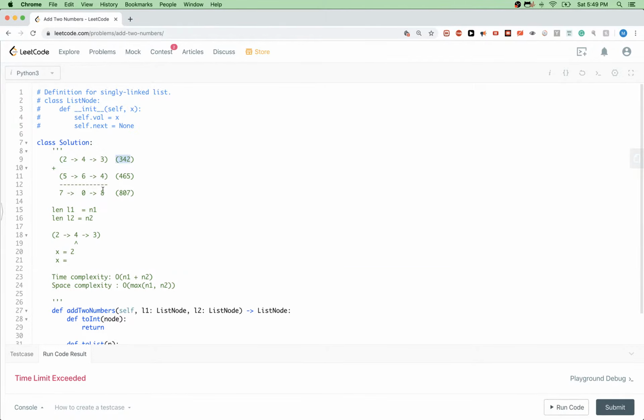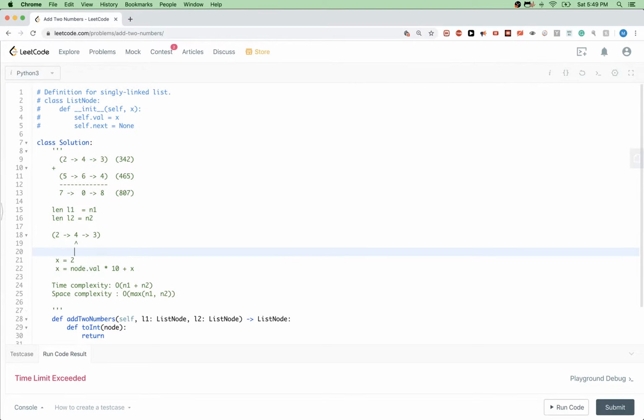So then we add 300, so we want 42, so we want 4 multiplied by 10 plus 2. The 2 is the previous x, and this is node.val for the node the pointer is pointing at, right? And then when we advance again, this would be 4 multiplied by 10 plus 2, so that's 42. And then when we get to the node with 3, we want node.val multiplied by 10